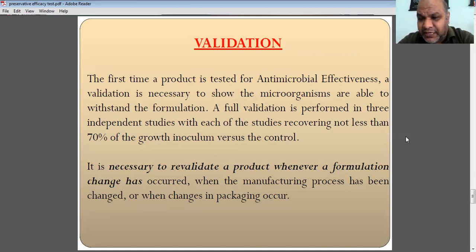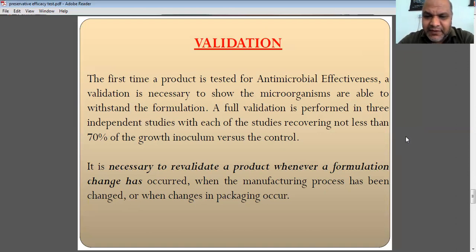Again, we have to make two different groups. First, the control group, another one is a non-control group. Okay, so we have to check our test drugs against the control group where we are giving no specific treatment. So up to 70% growth recovering, it should not be there. Okay, if it is more than that, then definitely we have to stop the usage of that particular product. We have to restrict that particular product.